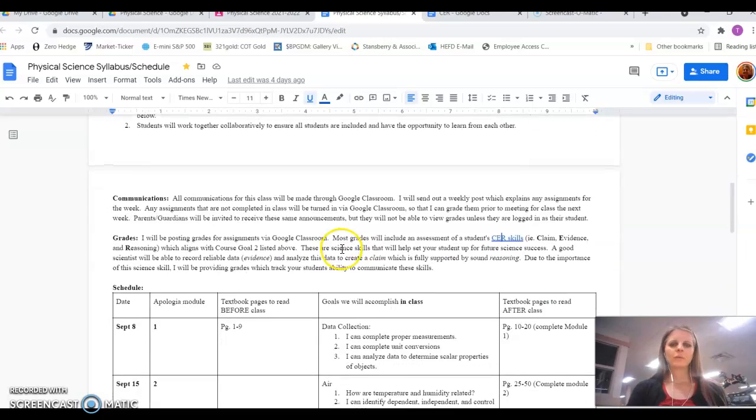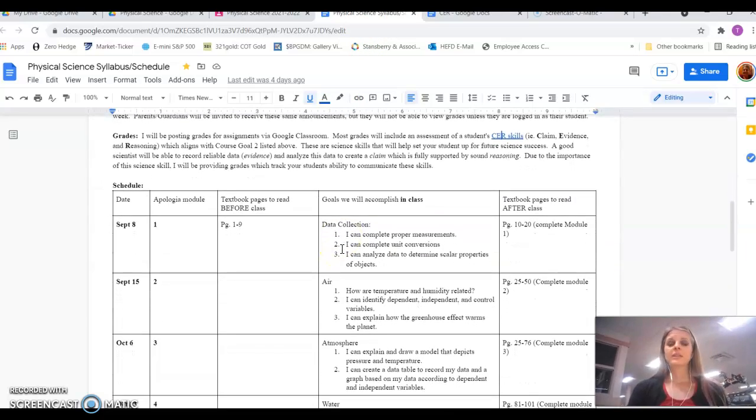So that'll be there. If you choose to assign grades to your student, you can be looking at all the grades I have posted, as well as how they do on their tests at home. I'm not doing any tests in class. That'll be from the textbook, or if you choose to do tests at home, that's completely up to you. What I'm going to be working on is grading labs, and their lab skills are mostly going to be all CER stuff, because that's the whole basis of science.